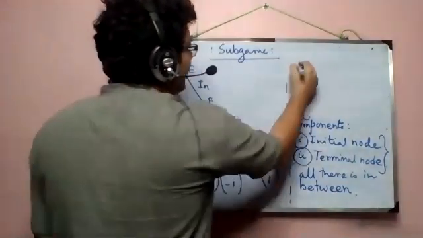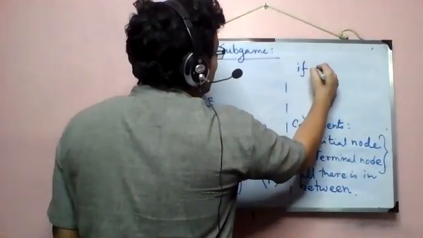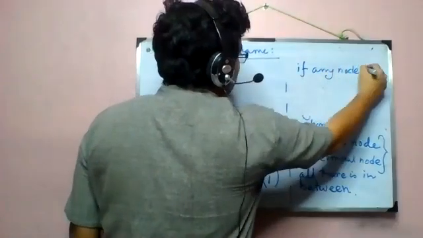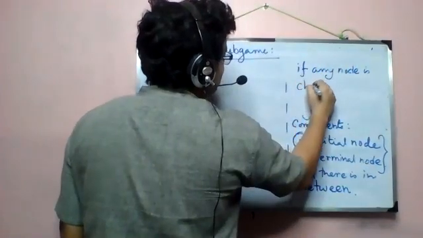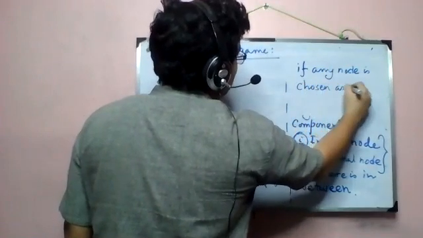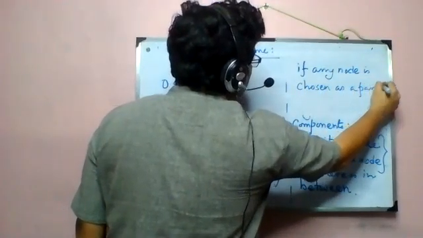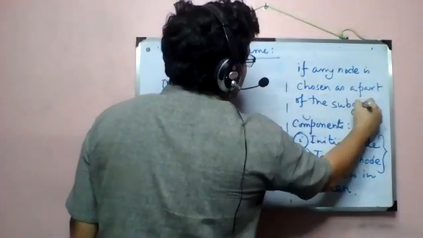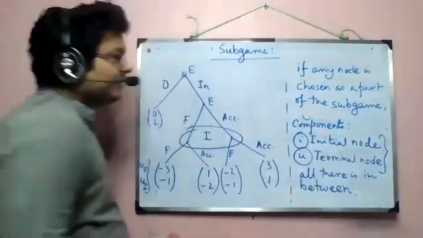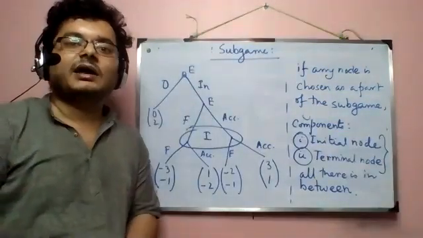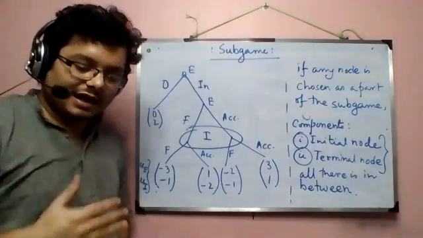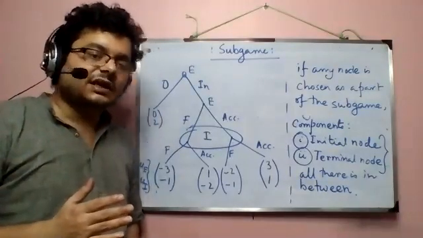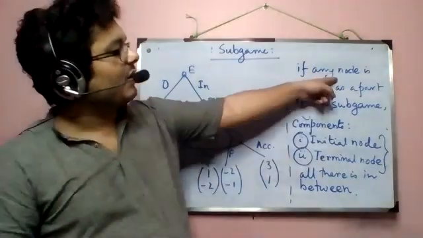It says that if any node is chosen as a part of the subgame, and if there are other nodes in the same information set to which this node belongs,